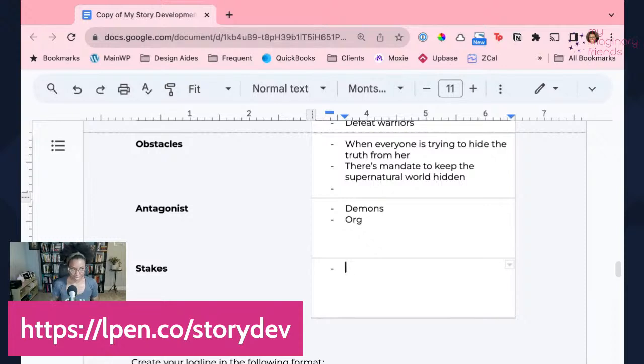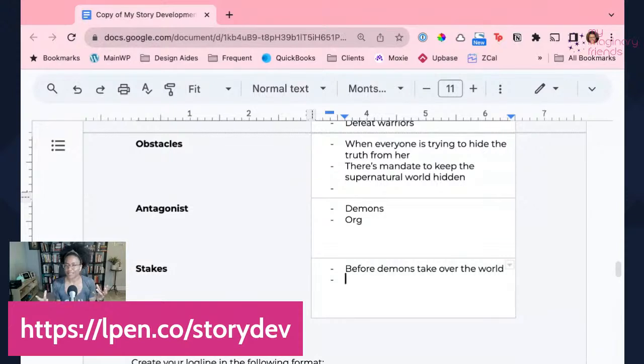So the stakes of this world are like before, demons take over the world or whatever. It's probably not going to be that big because, like I said, in the type of story that I'm telling, I don't think that life and death world stakes go with the cozy 1950s vibe. I still want to have the demons. So I have to brainstorm other stakes for the particular story that I'm telling and make sure they fit everything else. Because right now,